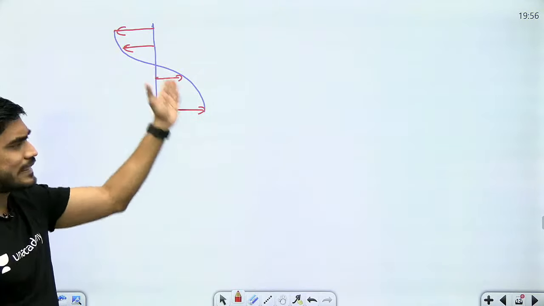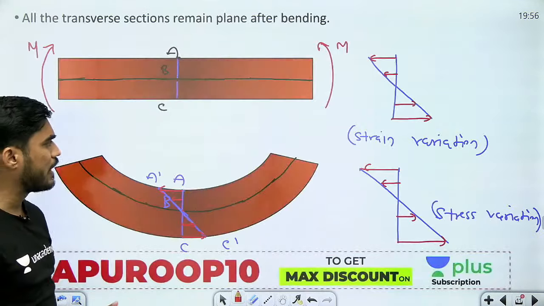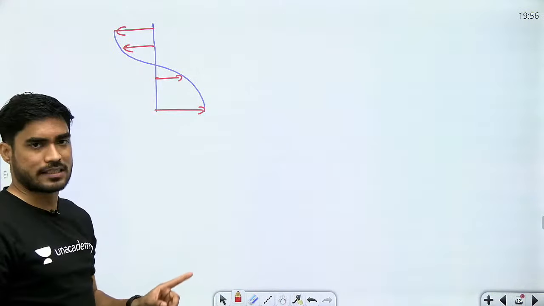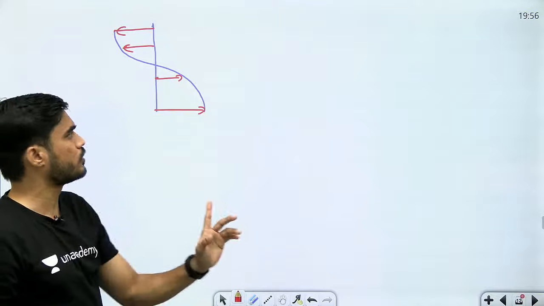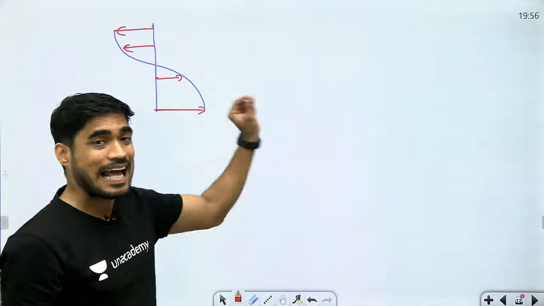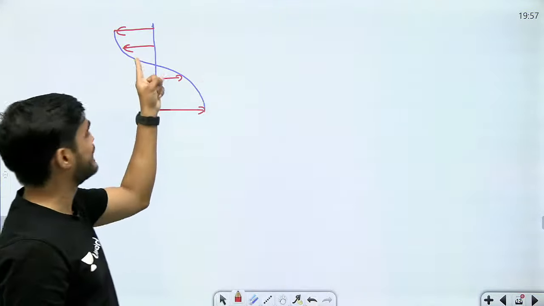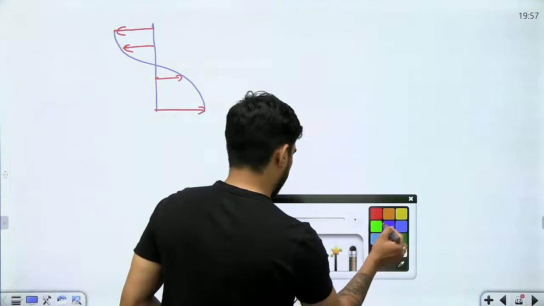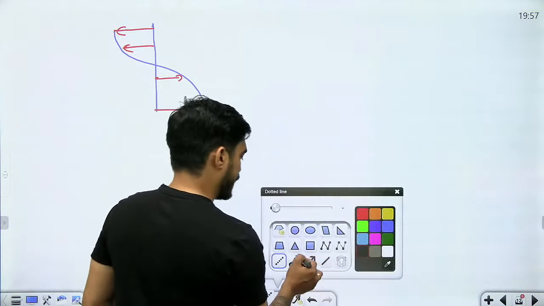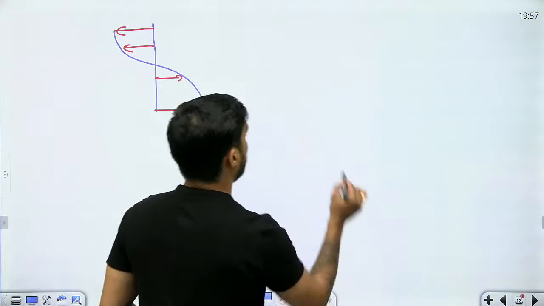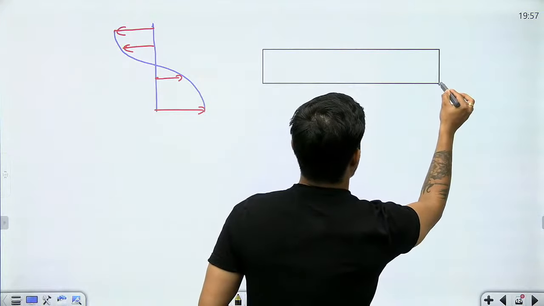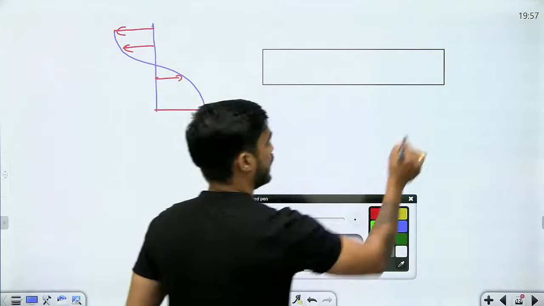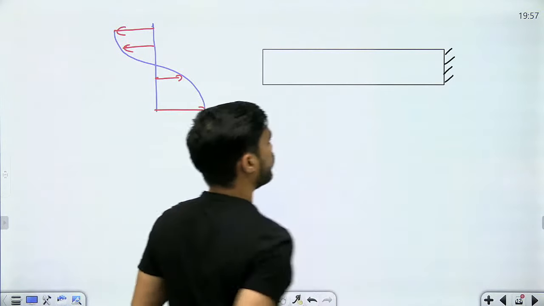तो ट्रांसवर्स सेक्शन प्लेन है, इसका मतलब this diagram will be linear. और ट्रांसवर्स सेक्शन अगर डिस्टॉर्ट हो जाता है, then you get this. Now when will I get this type of distortion? Understand बेटा, what did I say? मैंने आपको बताया था कि pure bending is very important assumption. Why pure bending is very important? I will now explain to you.